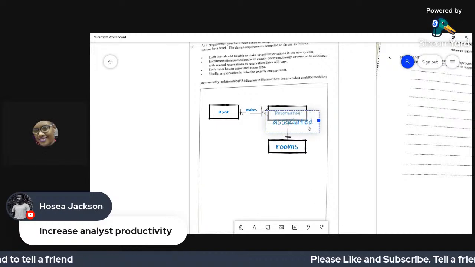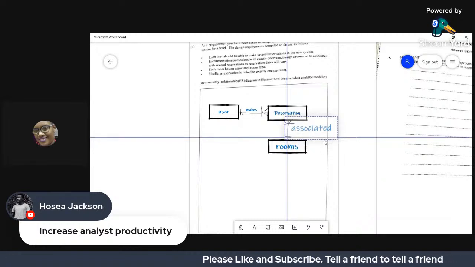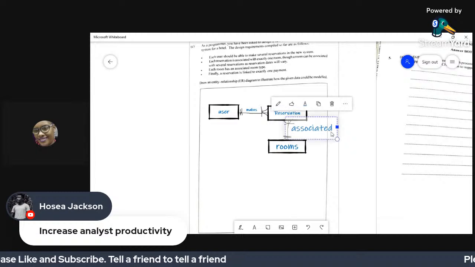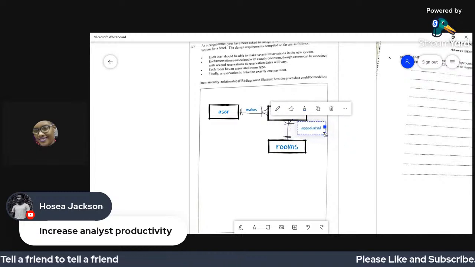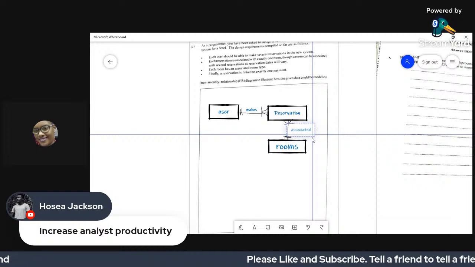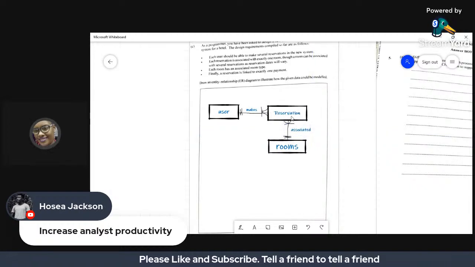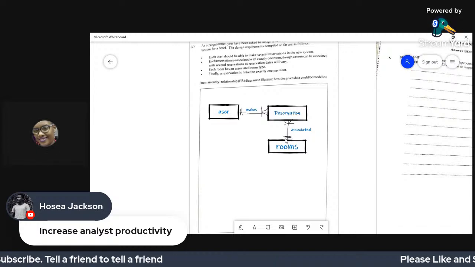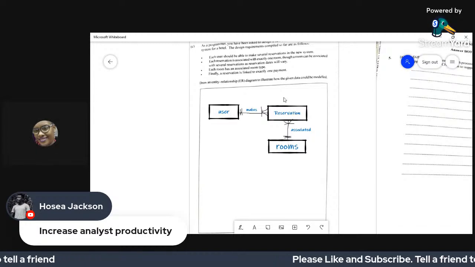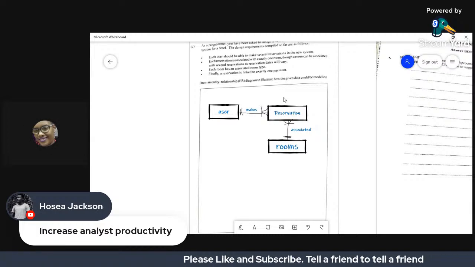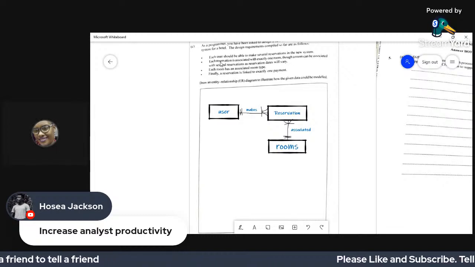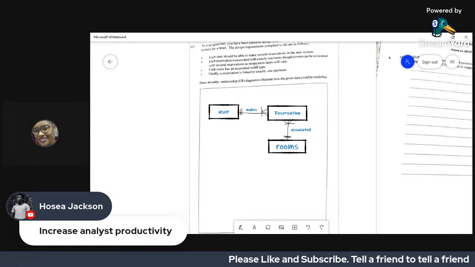So one or many reservations are associated with one room. Next part, it says a room can be associated with several reservations. So that is why we have the many here.